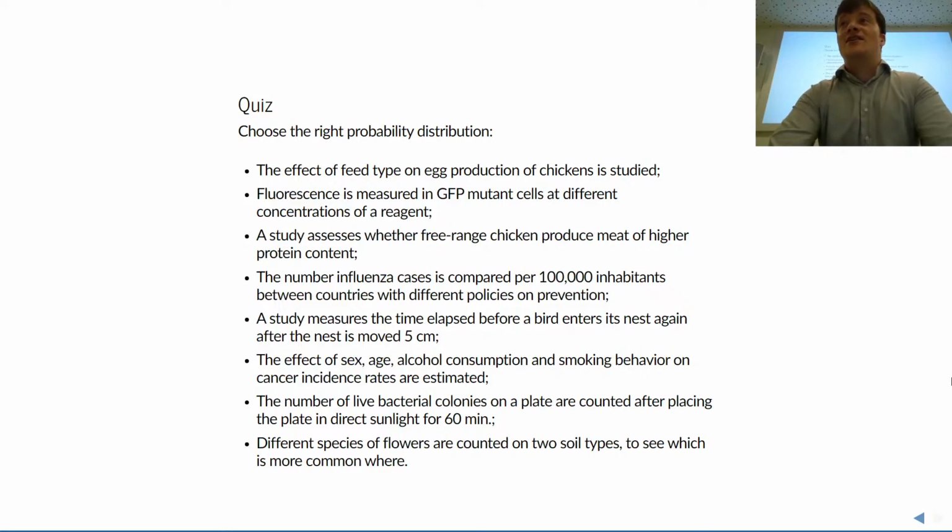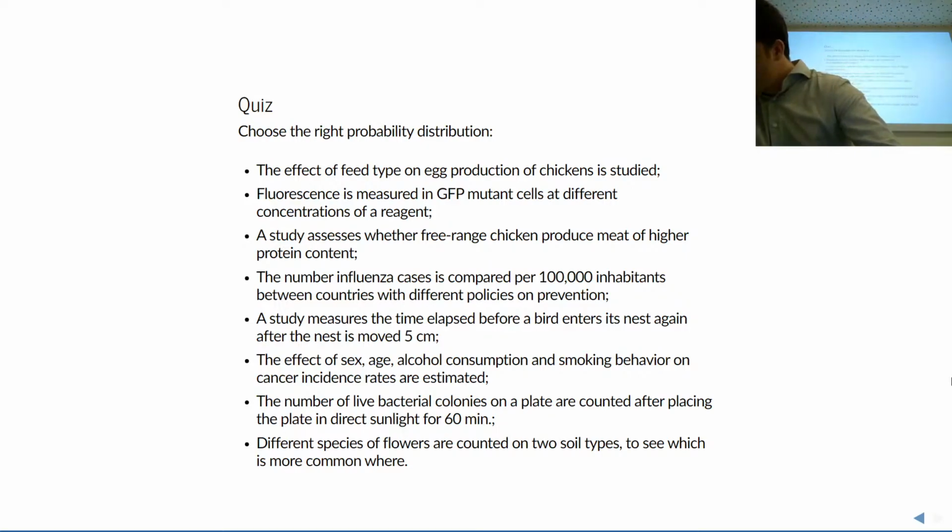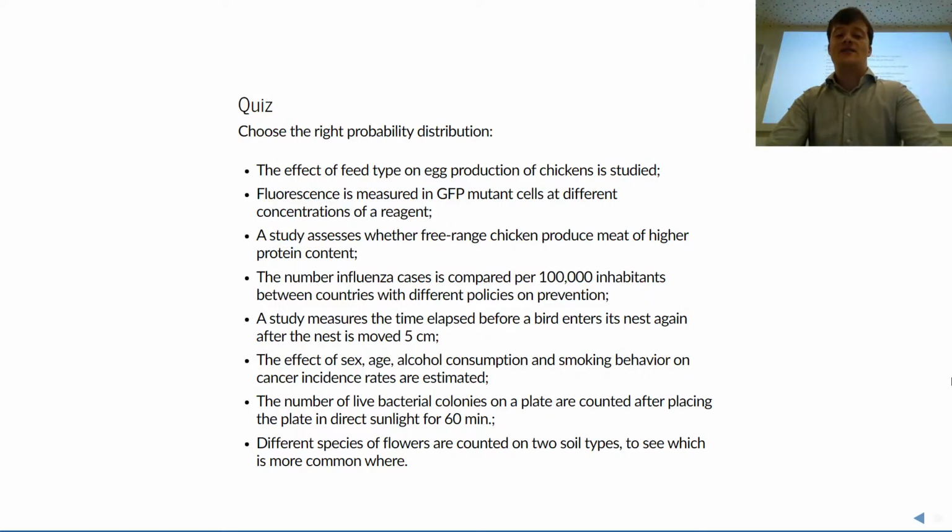Okay, shall we give it a go? Okay, let's go with the first one. The effect of feed type on egg production of chickens. Anyone have an idea how you could study that? With what kind of model? Poisson. And why? Because you count the eggs. Yeah, so a little bit of an assumption there, but